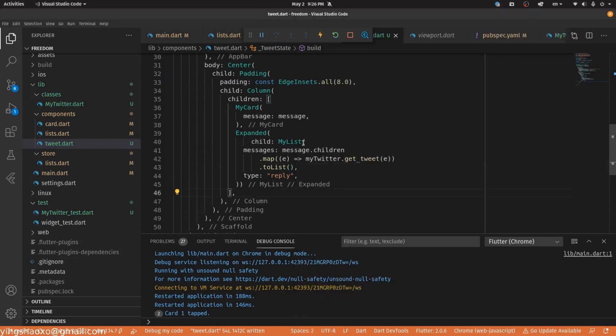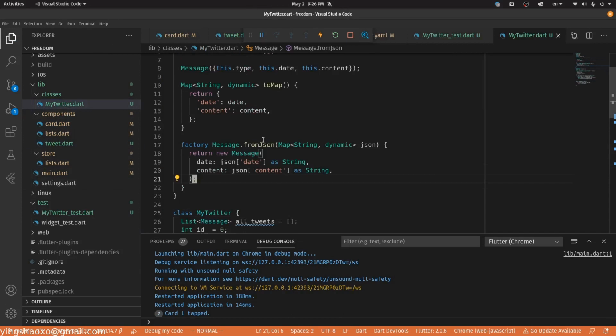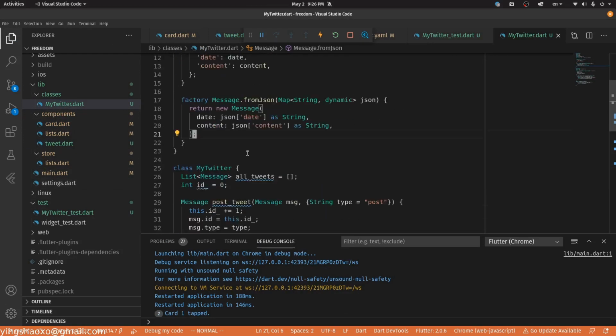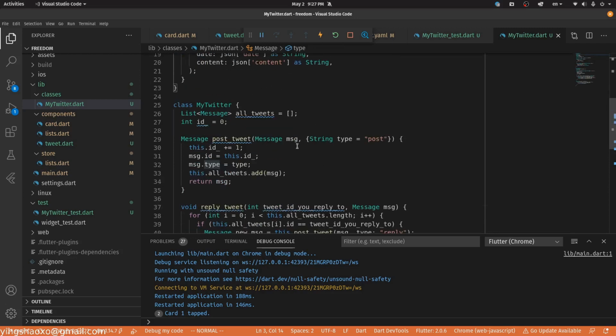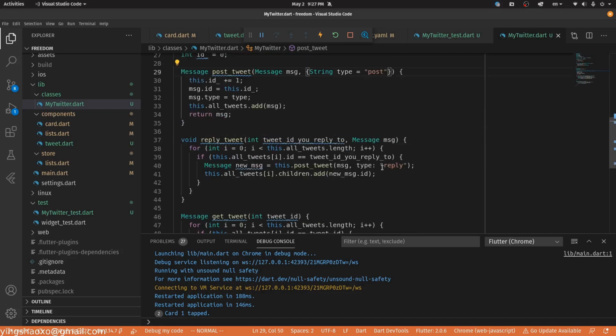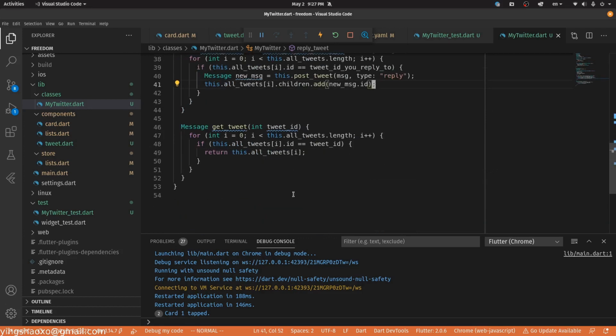Okay guys, I solved this problem. In the first way, from the messaging, I have defined a keyword called type. And for this type, if we post a Twitter, the default type is post. If we reply to a Twitter, the type would be reply. And then